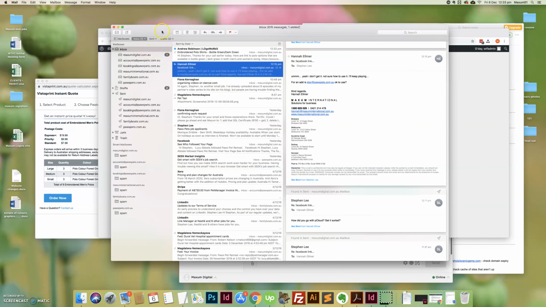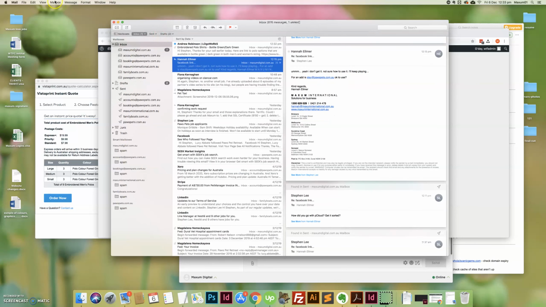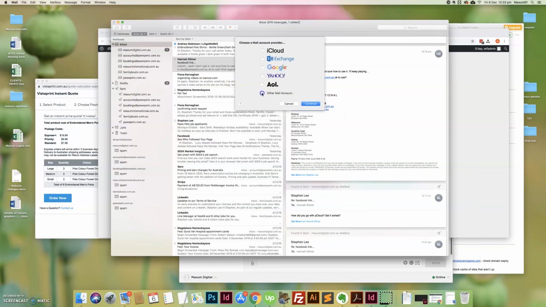If you're in Mail, go to Add Account, Other Mail Account, and then the name we're going to give it is Paws Pets, Paws Pet Retreat, and the email address is going to be, no, not that, it's going to be